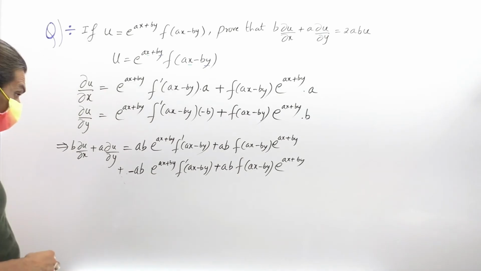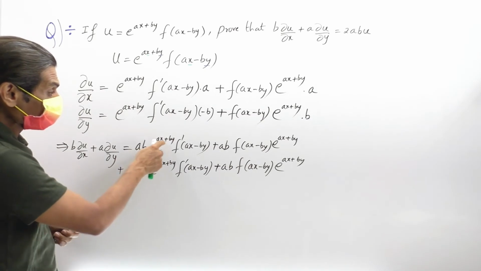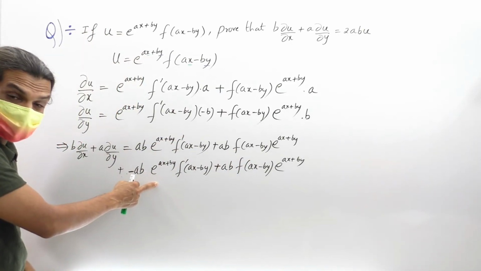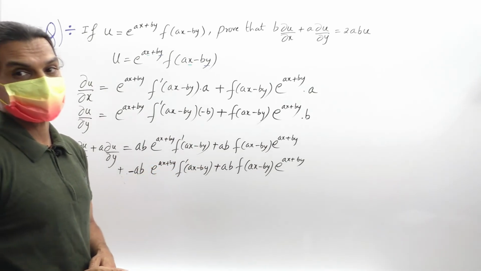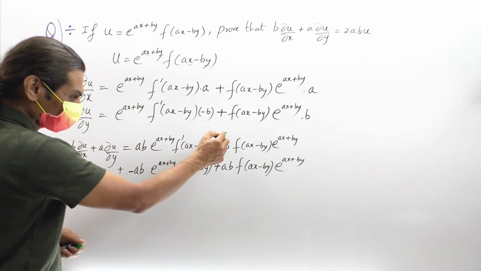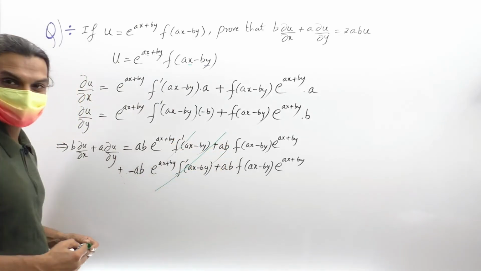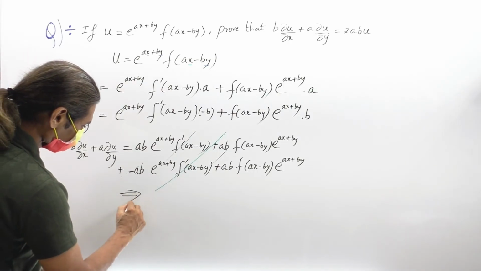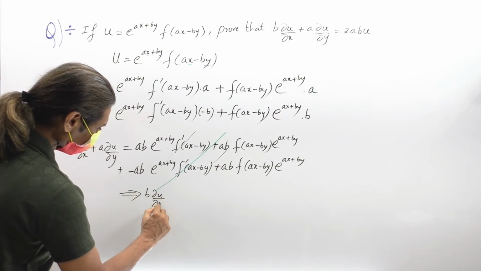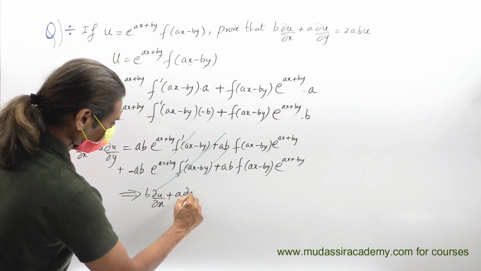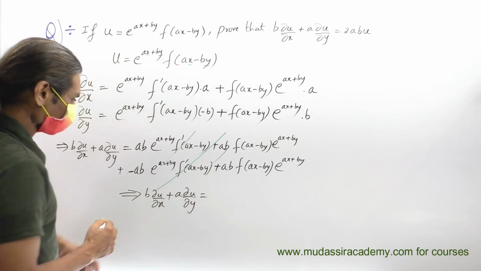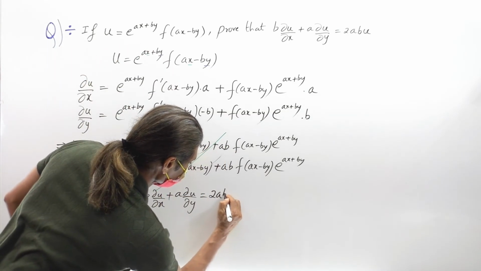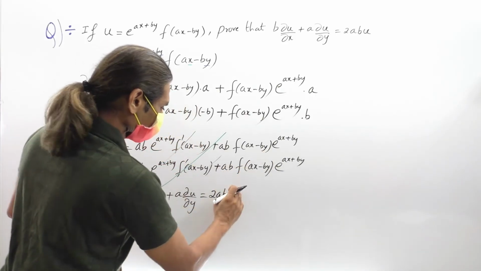Now this looks like a simultaneous equation. See here, ab e raised to x plus by into f dash of ax minus by, minus ab e raised to x plus by into f dash of ax minus by, they both cancel off when you add them. So what remains is that, therefore, b ∂u/∂x plus a ∂u/∂y is equal to, this cancels, what remains, ab plus ab is what, 2ab, so 2ab into, I write this first term, e raised